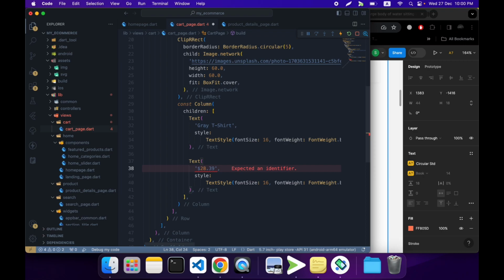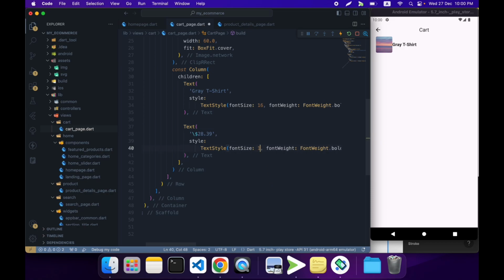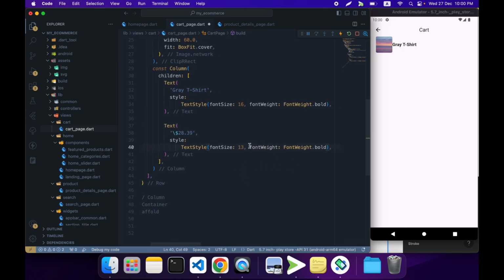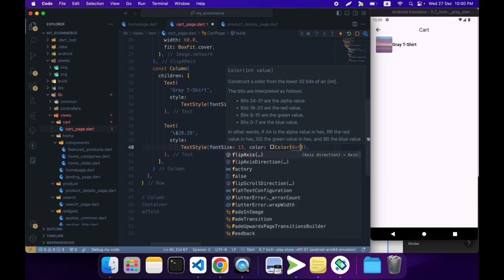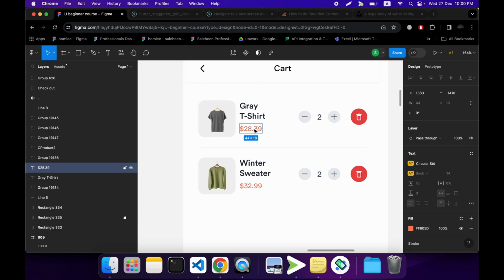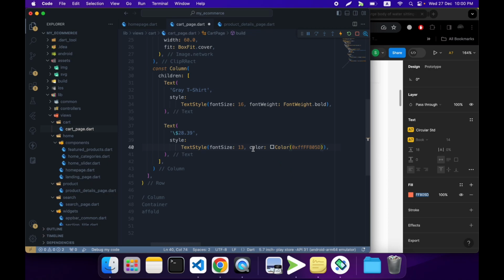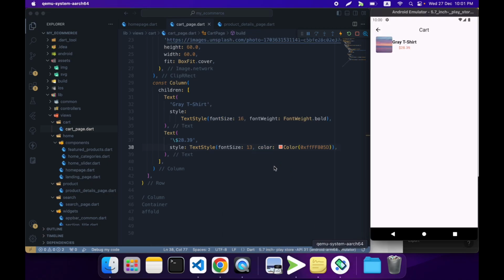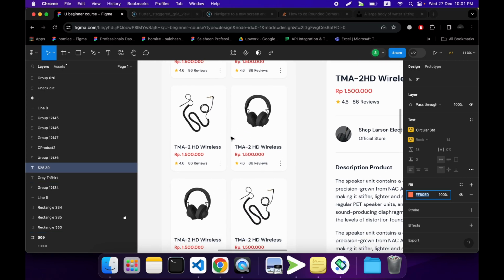You already know how to use dollar sign as a string. You have to use backslash just before the dollar sign, and we will decrease the font size to maybe 13. Font weight is going to be normal. The color is going to be this orange color right here. We have used this orange color before. If you remember, we have used this color here and here